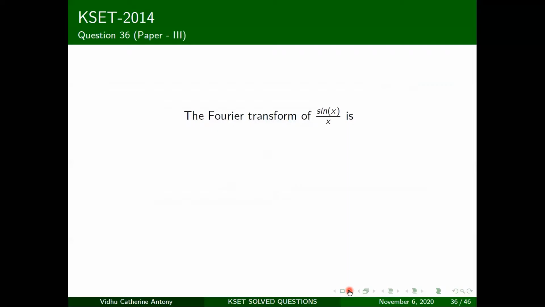Okay, so let's look at this. Now, this I want to give to you as homework, because in your 2013 paper, it did the Fourier transform for a square wave. It should have been a symmetric square wave, but they just mentioned it as a square wave. Okay, so what I'd be telling you here is the Fourier transform of your sin x by x.